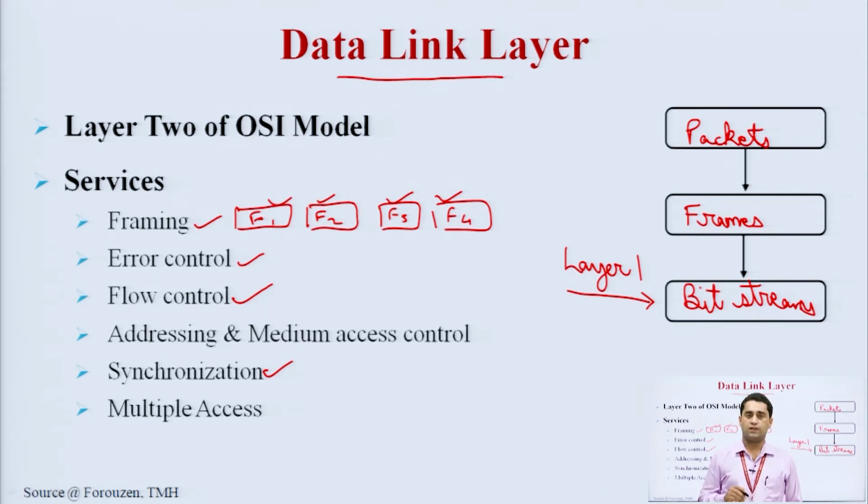This Internet Protocol address is in the network layer, which is layer 3. Which type of address does the data link layer deal with? That is the physical address, the address of the machine. So, it is clearly mentioned that addressing is also performed by the data link layer. Here, addressing means only the physical address, which is also known as the MAC